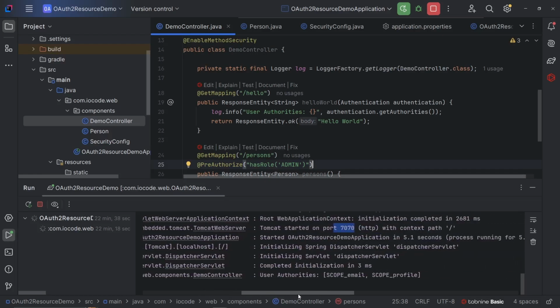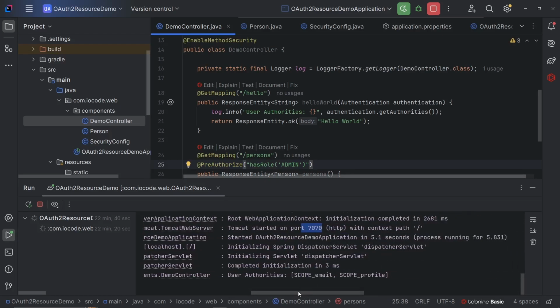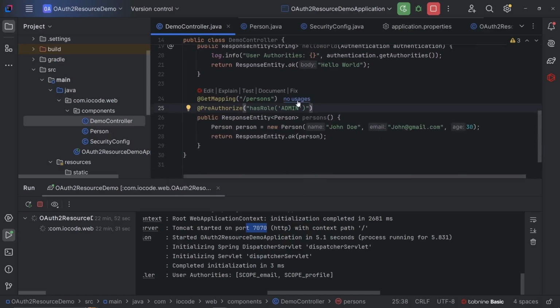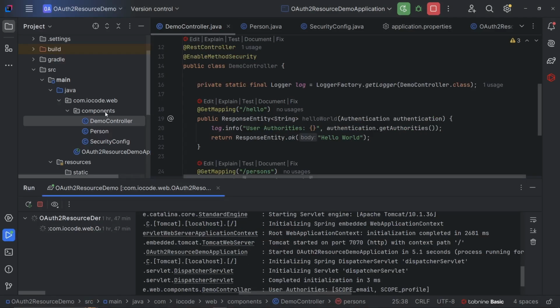So from our authorities, we have the scope of email and we have the scope of profile. So how are we going to ensure that the user with an admin would be able to access this endpoint, that's the slash person's endpoint, if the authorities we have here is just from our scope? We can go ahead and define a JWT converter, but before we go ahead and define this converter, let's quickly